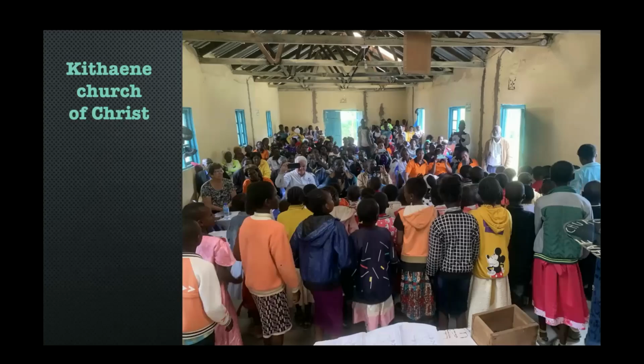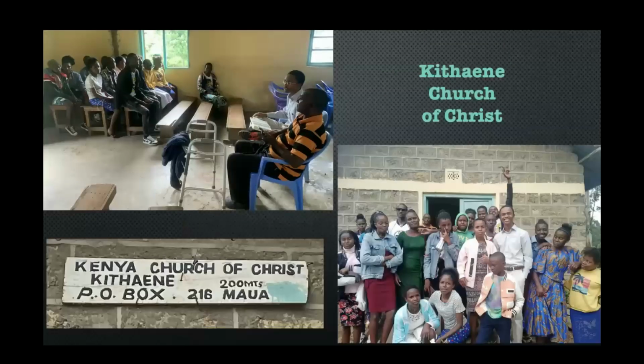I preached there. Mike preached a sermon there, and I preached a sermon there as well. And after the services are over, this is Caleb, and Jeffrey is sitting next to him. You can see the walker there in front of him. Jeffrey had a pretty bad accident a few years ago, and so his walking is very much hindered by that. But he still gets around and does all this work that he does.